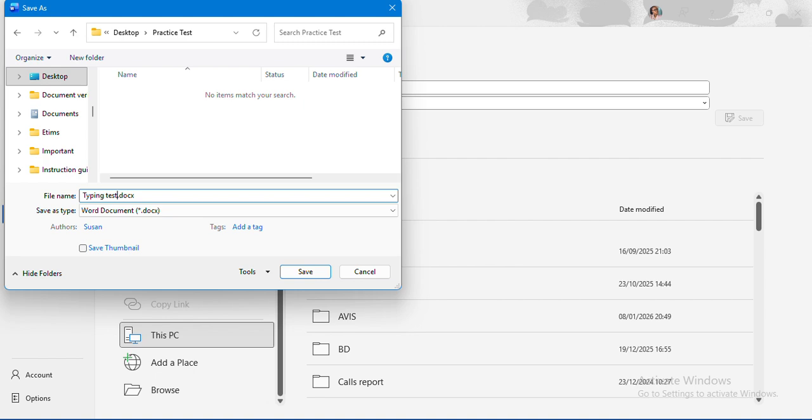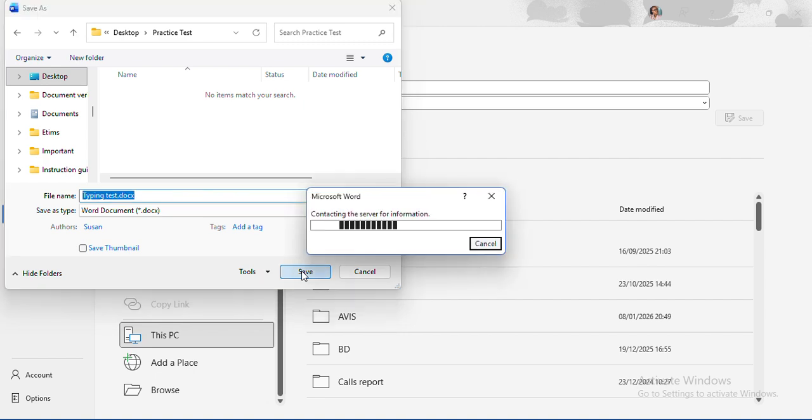Kindly note that you need to name your document in the right way so that you can be able to find it whenever you need it. Then click save.